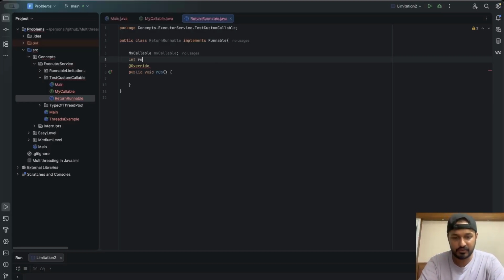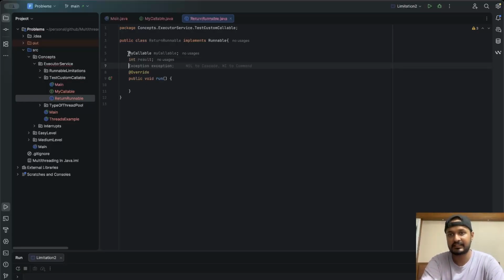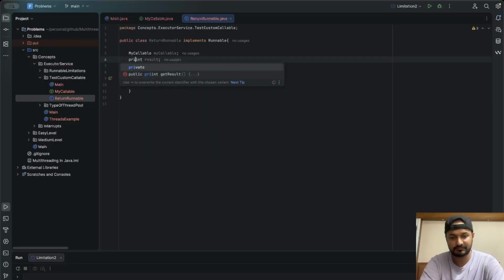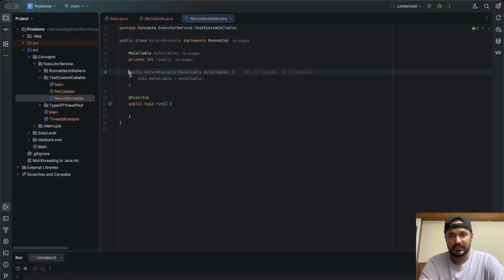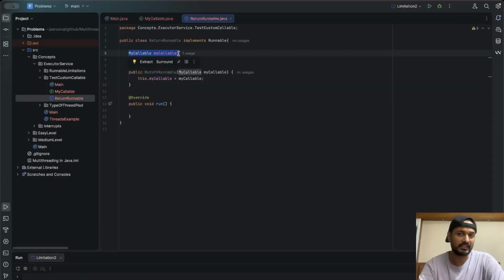Let's write this as result. Now let's also create a constructor, and this constructor will only be for the MyCallable class, correct?